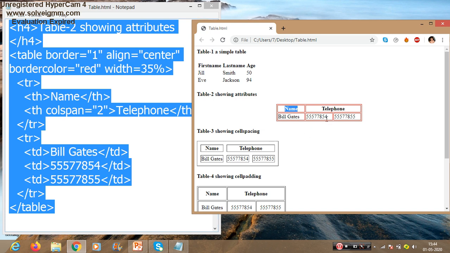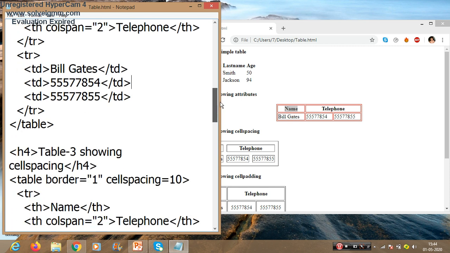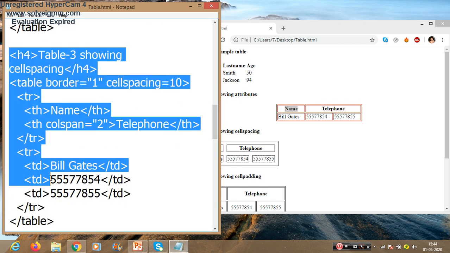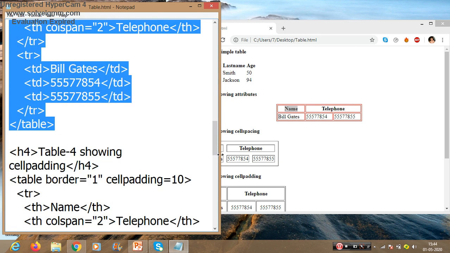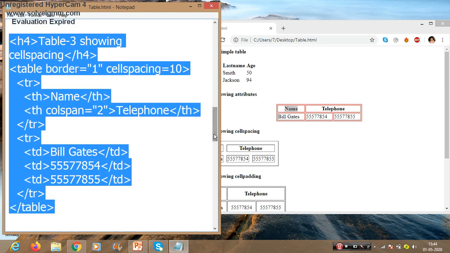The numbers are there. This is my third table having cell spacing, right? Now here we need to find out what you mean by cell spacing. Cell spacing means the thickness of the distance between the cells.